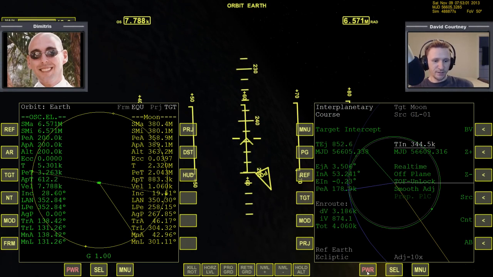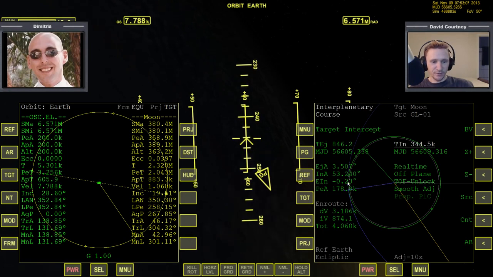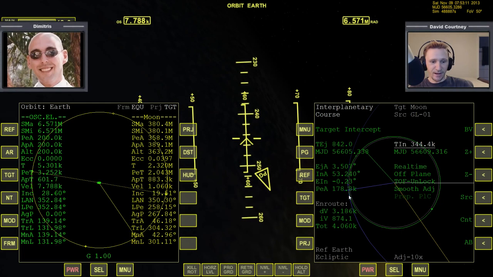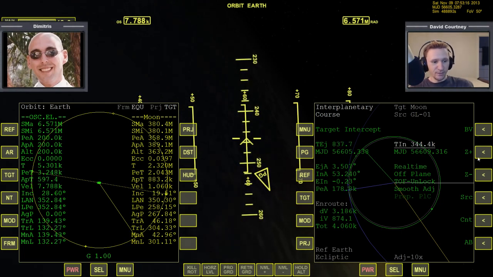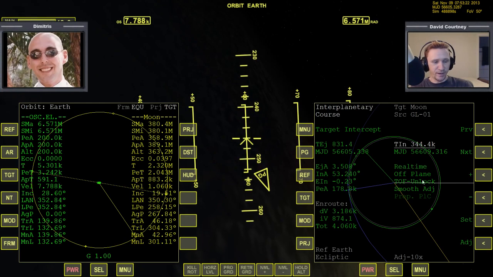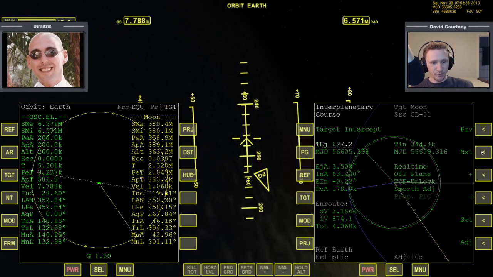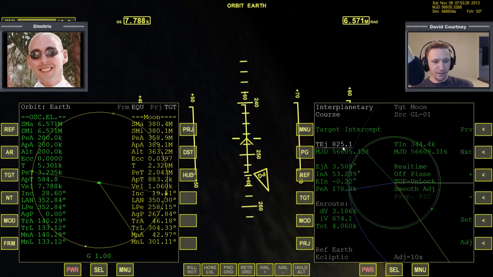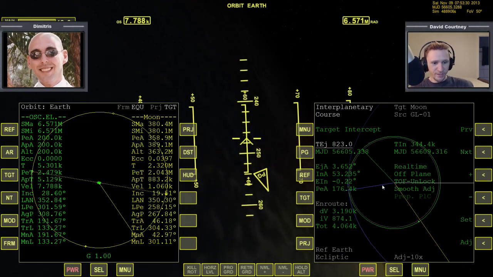Okay, so basically we're doing the burn not quite at, maybe periapsis at Earth. We're adding in basically a bit of outward. Yeah, in order to get to that. So what we'll do here then, and by the way, we got to this zoom in setting by pressing the PG button, so I need to press PG to go back a page. Now I'll press NXT until it wraps around over here to TEJ,